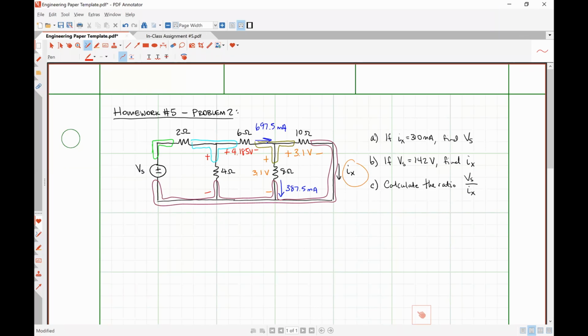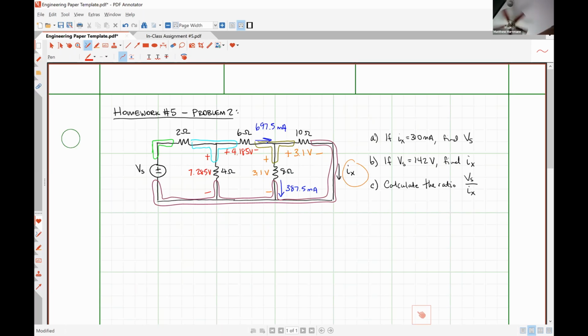Looks like you would just use KVL again. Yep, so KVL, absolutely right. In this problem, all the analysis that we're going to be doing is effectively flip-flopping back and forth between KVL and KCL with an Ohm's law equation thrown in every now and then to give us a little bit more info. So 4.185 volts plus 3.1 volts is going to give me